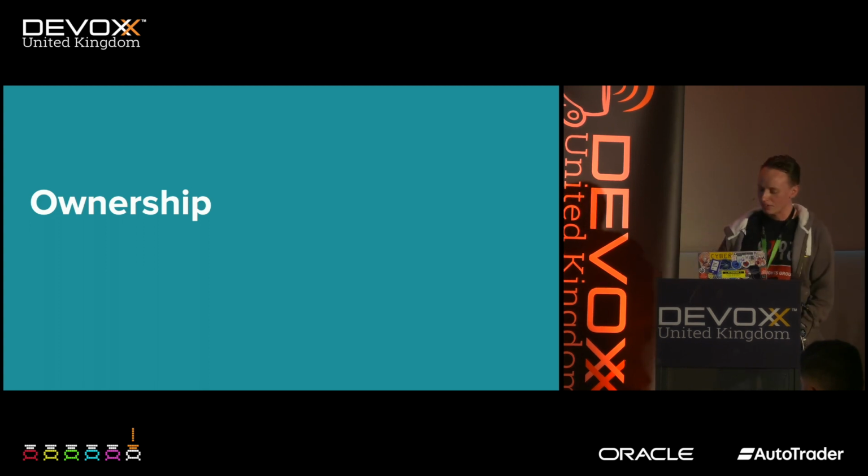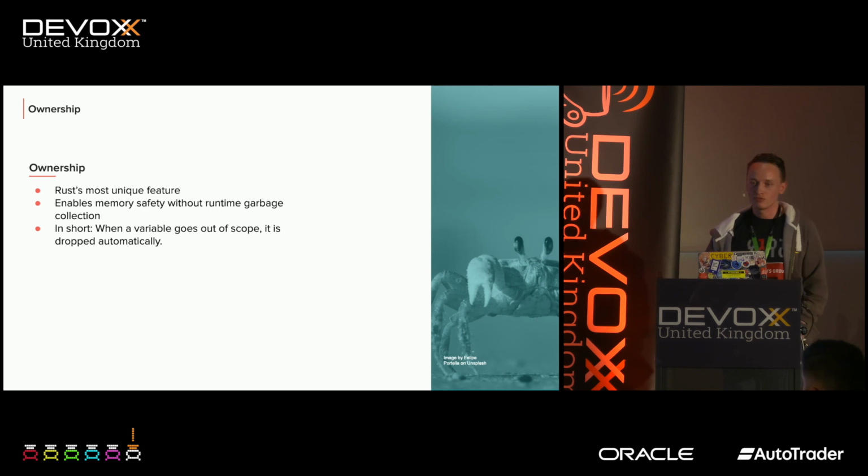So that was the basics. Now, I said I would show you what's interesting about Rust, what really makes it stand out and is different. And a big part of that is ownership. This is probably Rust's most unique feature, and it is what enables Rust to have memory safety without having garbage collection. So in short, we just know that when a variable goes out of scope, it is going to be dropped automatically. Specifically, the compiler is going to automatically drop a line into your compiled code for you that says, drop this variable from memory. That's all ownership really means, but in order to achieve that, we need to do certain things.